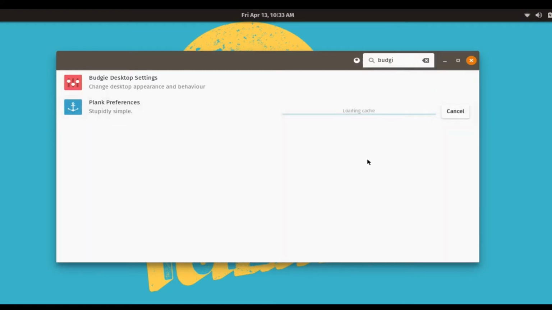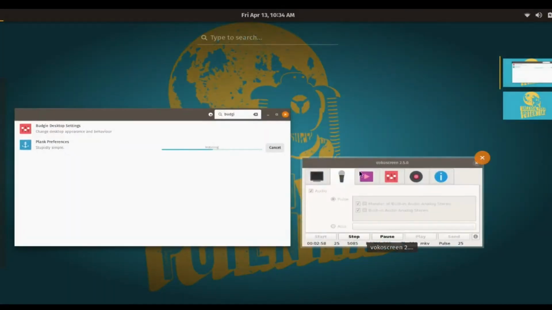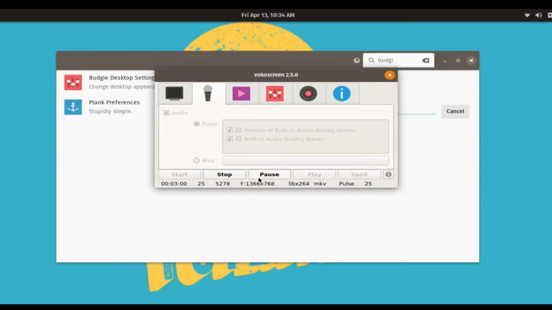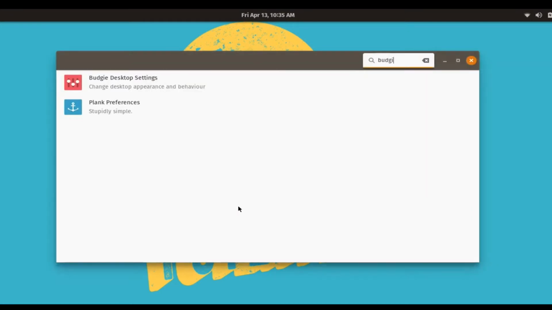And you want to install client preferences. Excuse me. Okay, this one takes a little longer than the Budgie desktop, so I'm going to pause this. Okay, so they're both installed, and I'm going to close this,